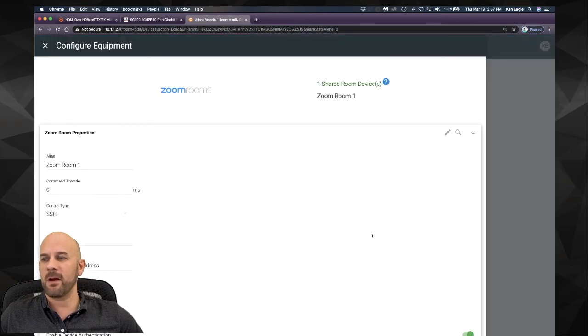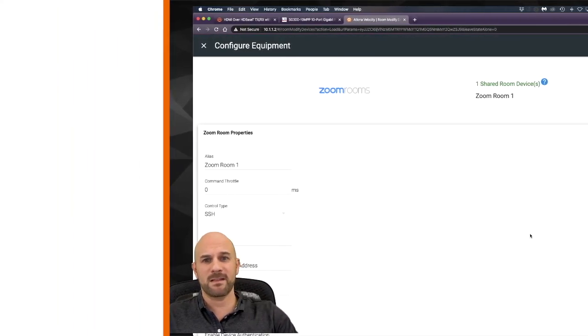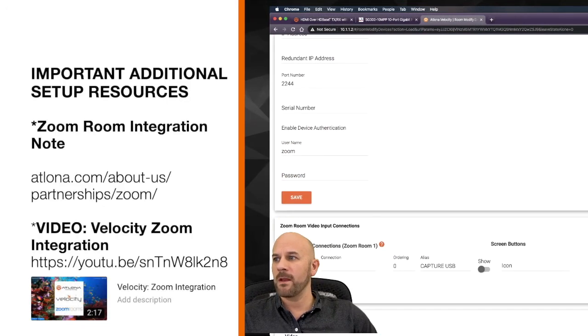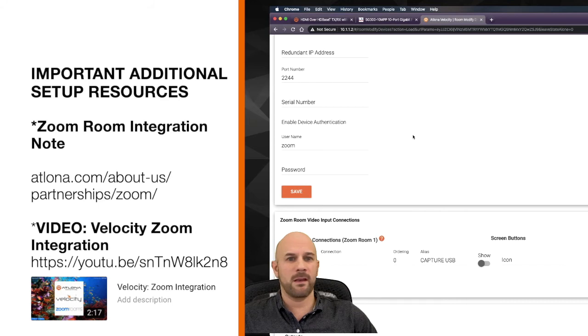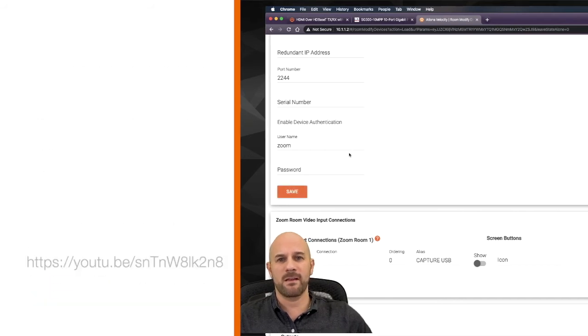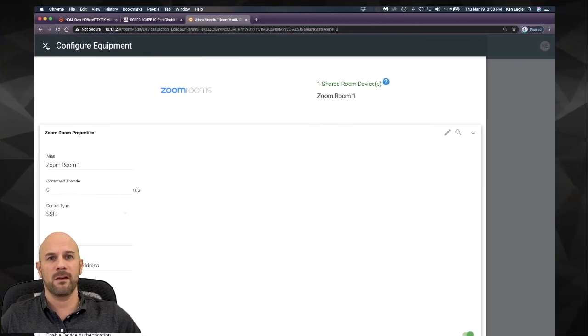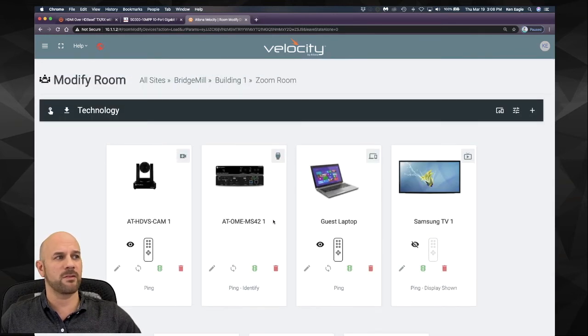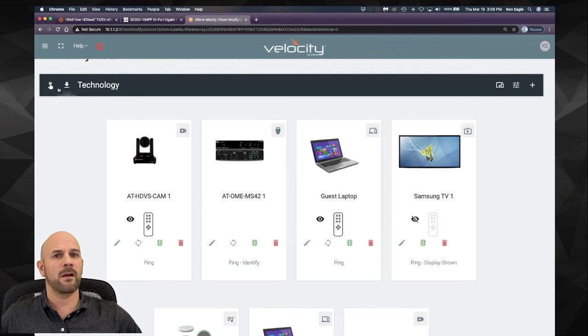The Zoom room is a module from Velocity that gets added in, and right from within this module here, you can go ahead and put in your username and password for your Zoom account. Now, I'm not going to load one in here right at the moment, but if you had your own Zoom account name and password, you can save that right here inside the Zoom module so you're immediately ready to go. So that's basically it. We've got the simple configuration done for the Zoom room,